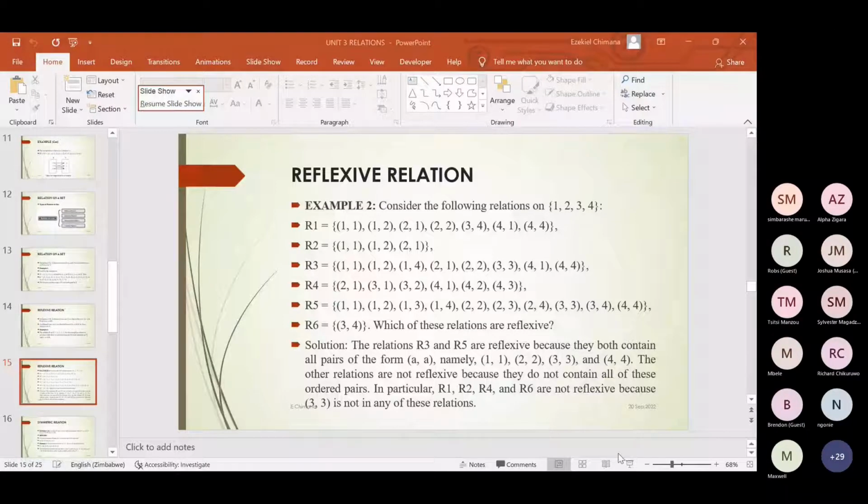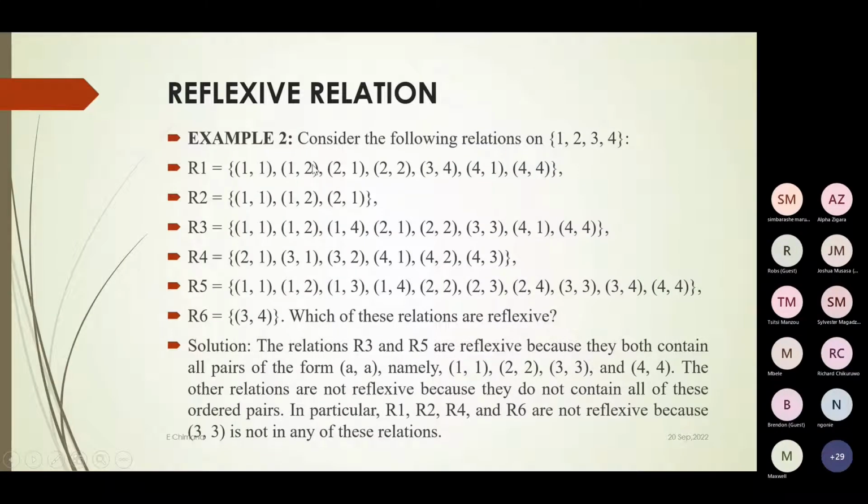Something like this. Like here, if we consider the following relations on a set, maybe set A, which is 1, 2, 3, 4. We have got a relation R1, a relation R2, relation R3, relation R4, relation R5, and relation R6, where you are supposed to show which are reflexive relations. You see, because these ones are the question that you might be asked in an exam. So I need people to see and to know how to do it. That's what I was saying. Like here,